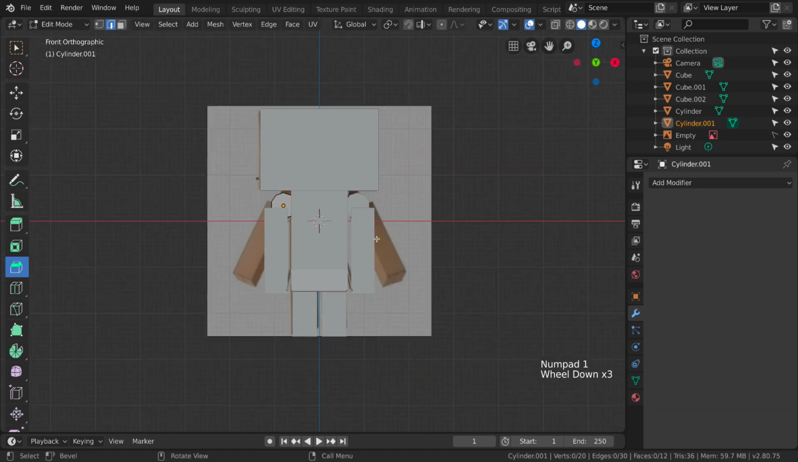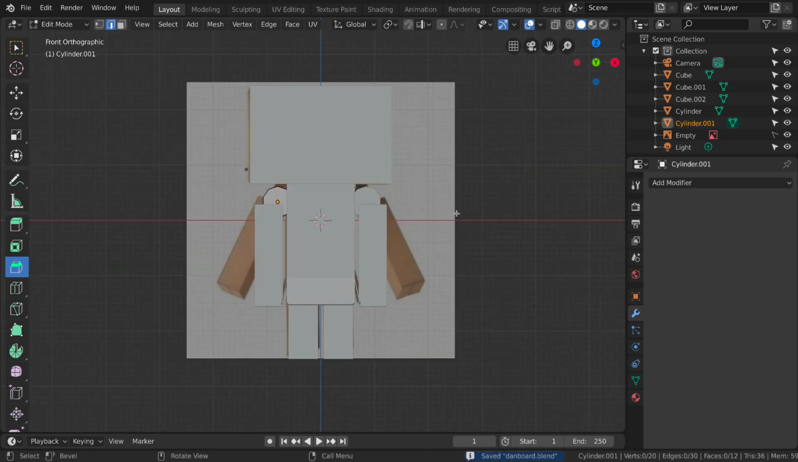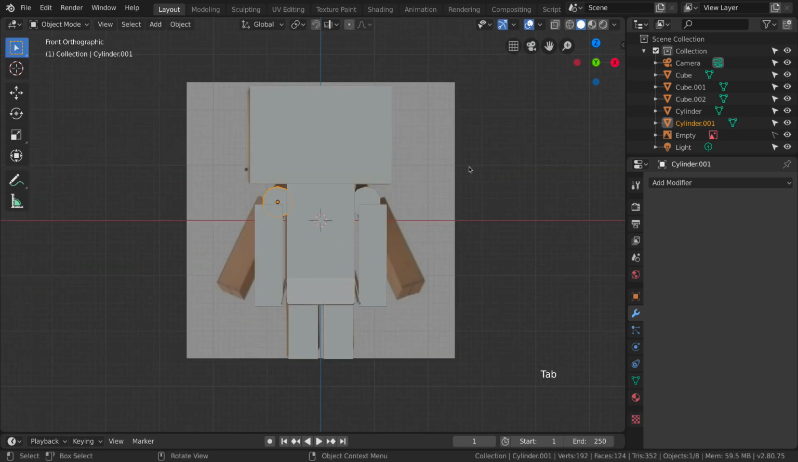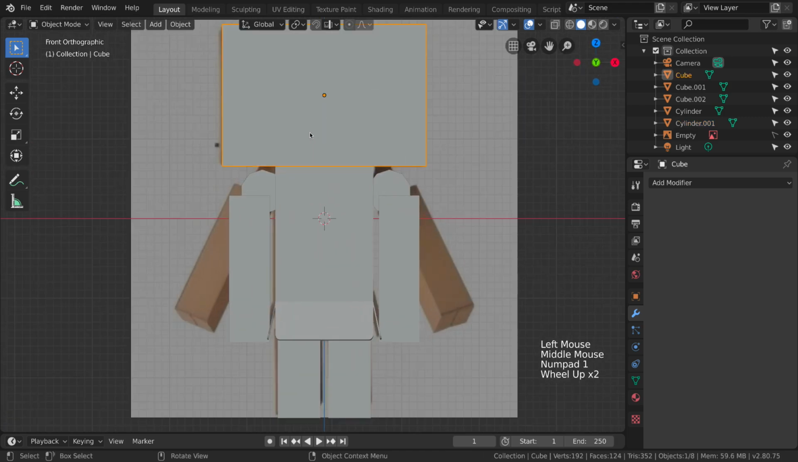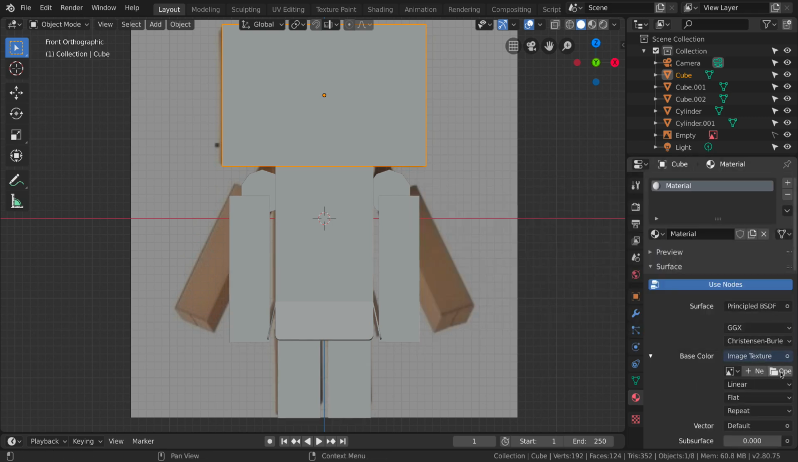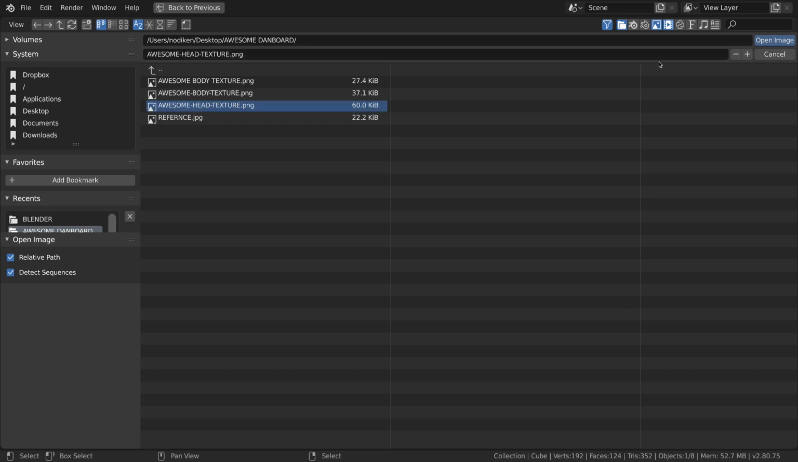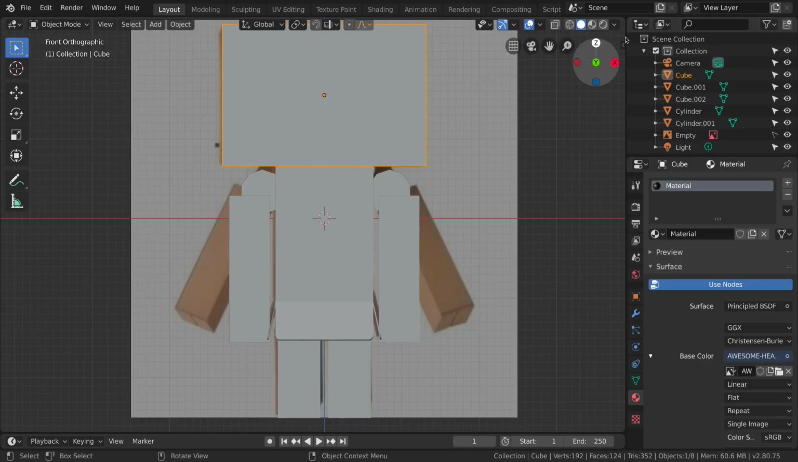So now the next thing that we need to do is we are going to create texture for our character. So let's go back in object mode with the tab, and let's select our head. So now we are going to add a material for it, and here under base color we are going to pick this, and here is image texture. And now we are going to open our image and find it. I got mine here, and I created our texture. You can find any cardboard texture probably for free,